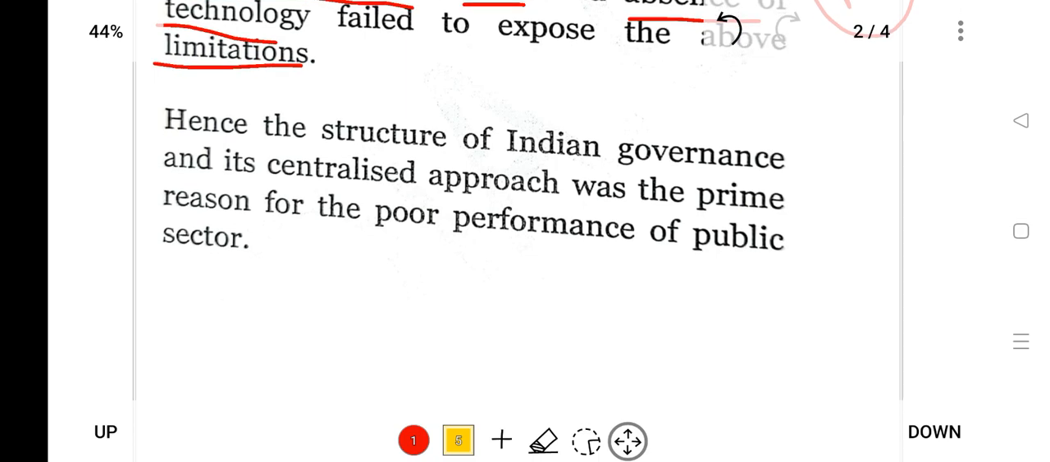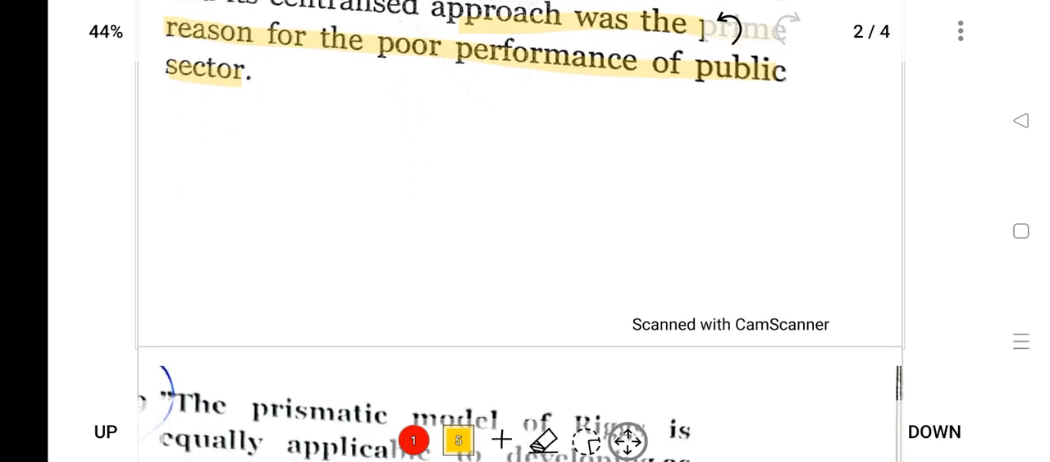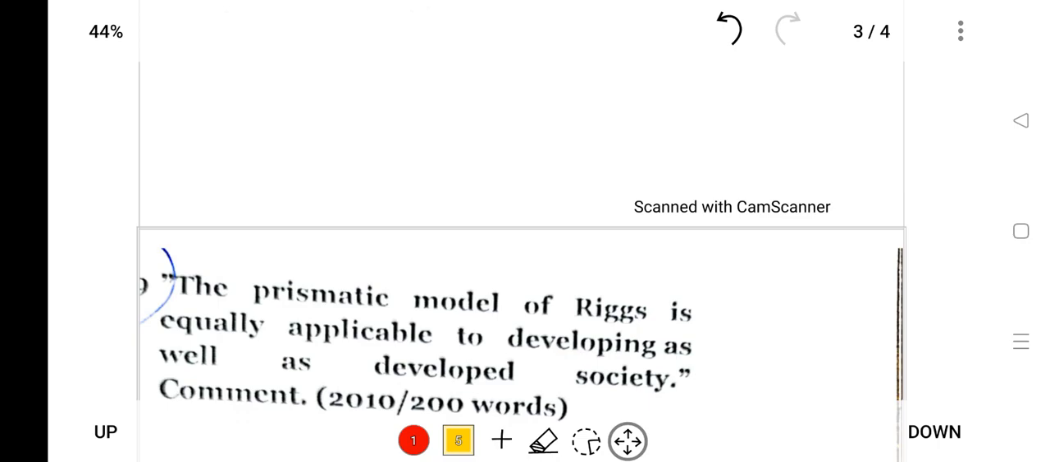Hence, the structure of Indian governance and its centralized approach was a prime reason for the poor performance of the public sector. So these are some of the problems that hindered the growth of the public sector in India. So the question has been completed. Next,